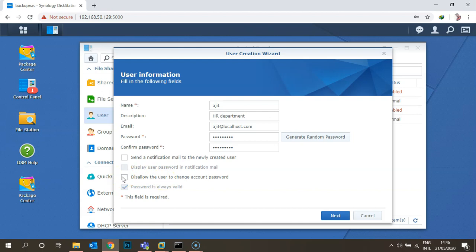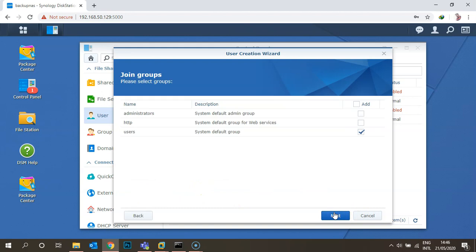If you want to change the password, you can use that option. I'm using this as a default. Click next. After going to the next option, you can see if you want to add this user under any of the groups which are created by default. This user comes under the users group.